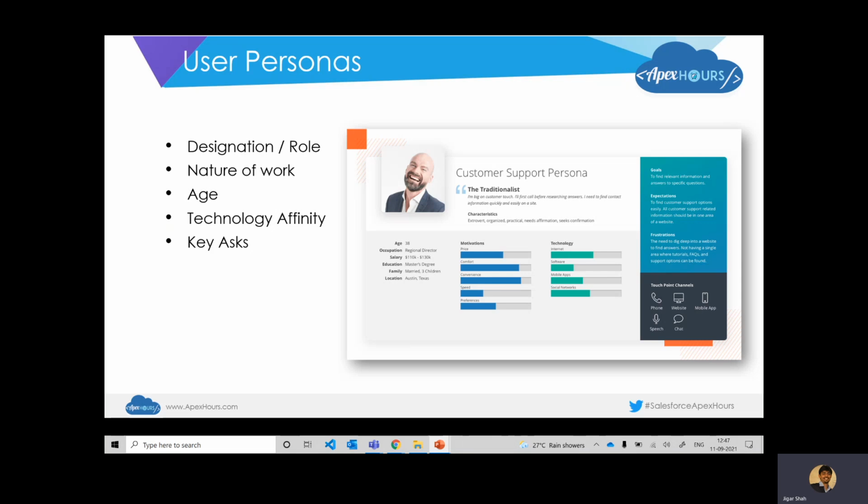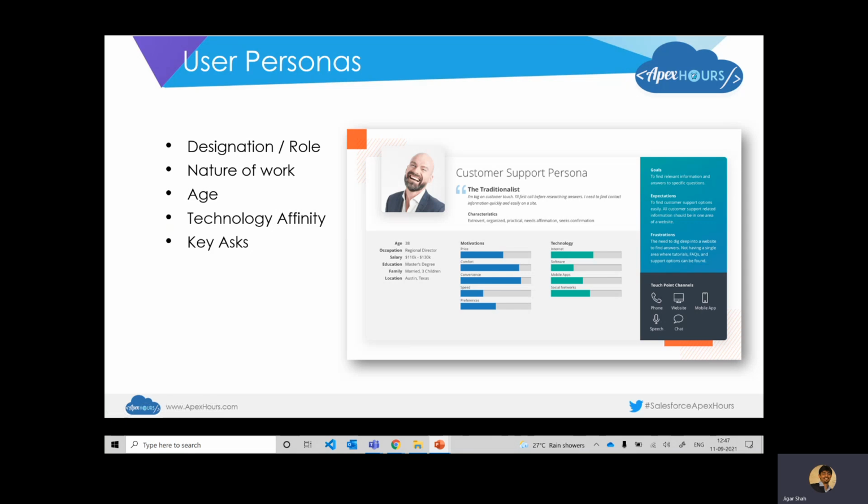It is a bifurcation or segmentation of your users into certain common buckets, which typically do not extend beyond 10 to 20 in case of a very large complex organization, right? And often when you say you're capturing or detailing out a user persona, what is it that you're looking for? You should look for these typical 5 pointers. Of course, the snapshot here talks about a typical customer support persona. So this guy is a typical service rep.